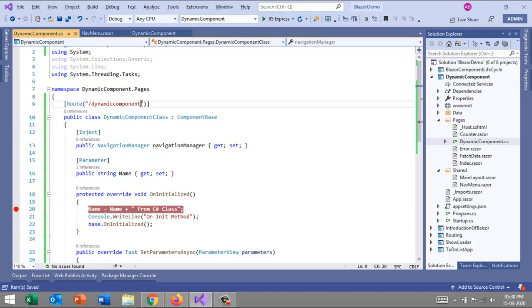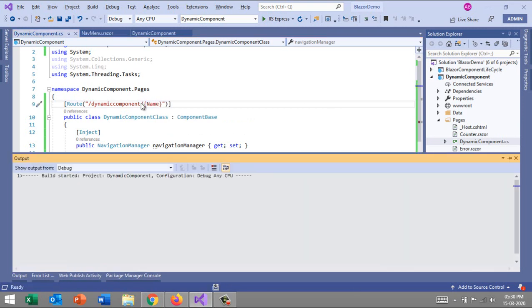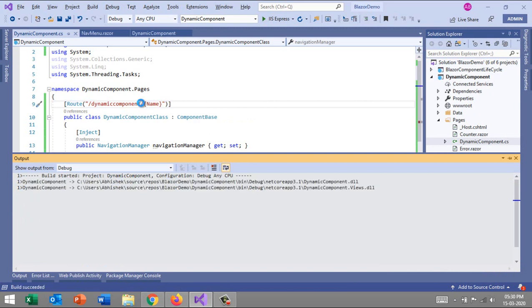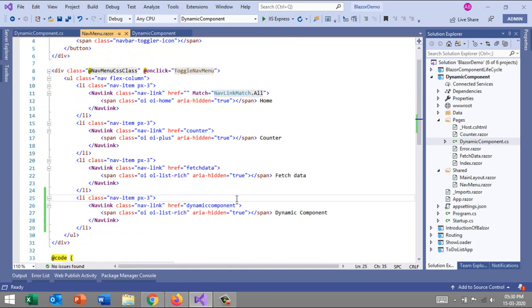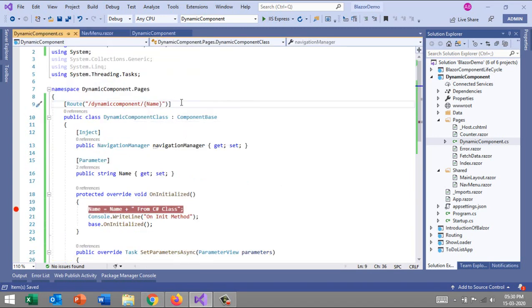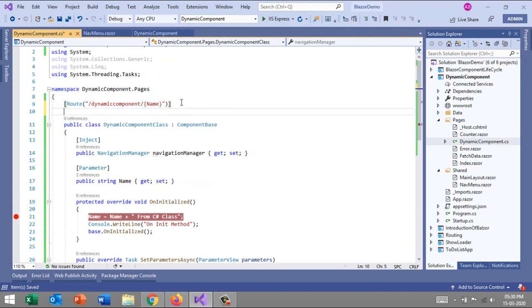For that I have to take a name property. One more thing I missed: under the navigation razor, I have to pass a link. Let me assign multiple routes.